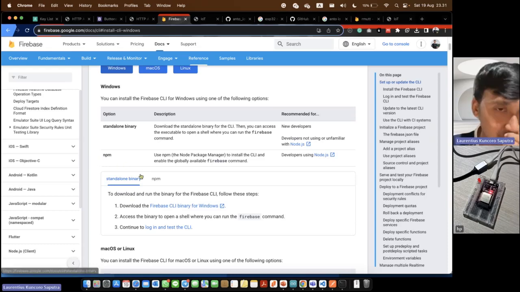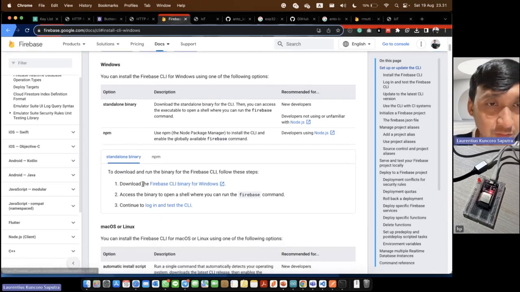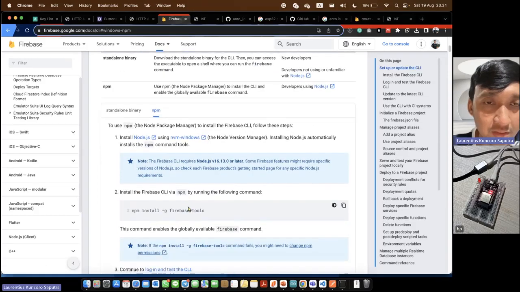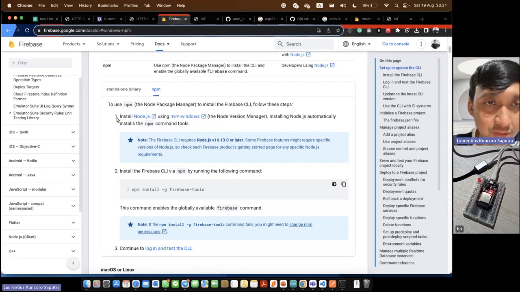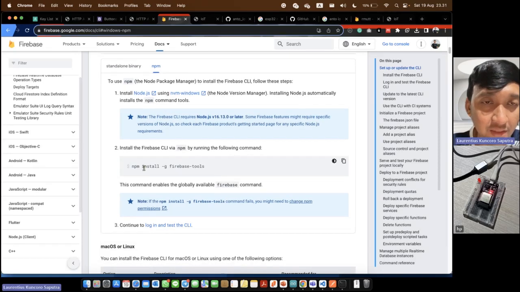I suggest you use npm. If you use npm, you can install Node.js, which automatically installs the npm command tools. After that, install the Firebase CLI via npm using this command.